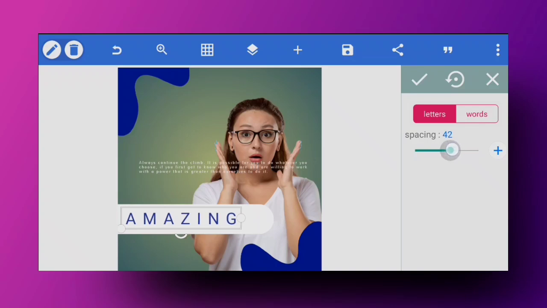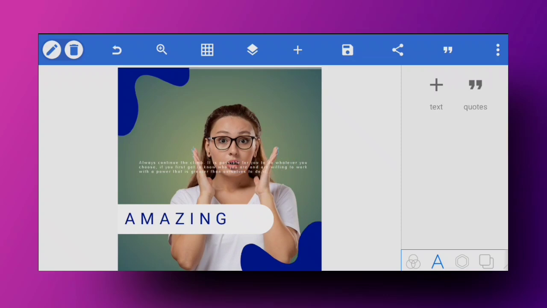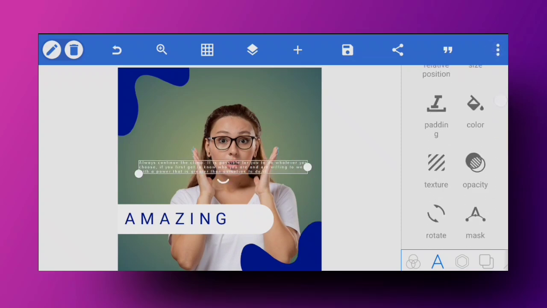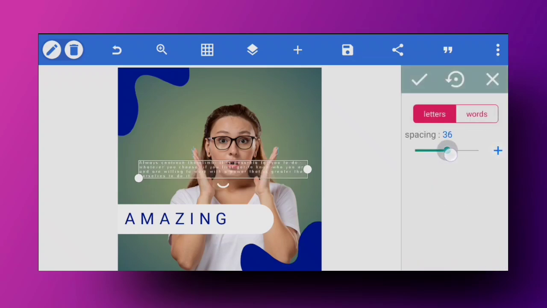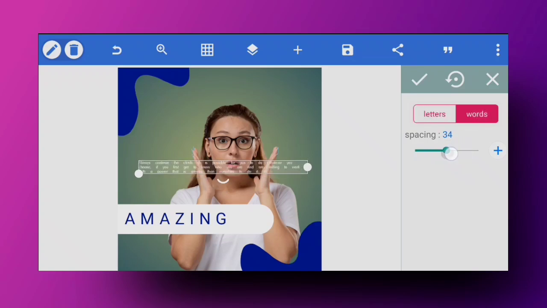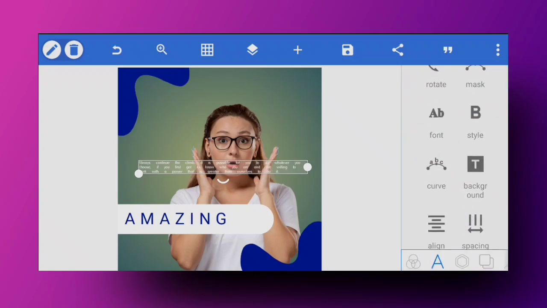So yeah, this is something that you can do here, and you can also add space in between words. If I select a lot of words right here, you can add space in between those words. Let's see that. As you can see, we've added the space in between the words as well, and you can select that like this. So yeah, this is how it works, and this is how you can use it, and it really comes in handy.